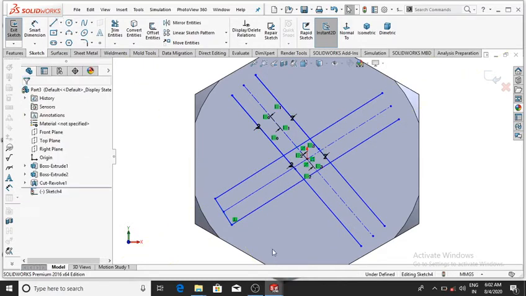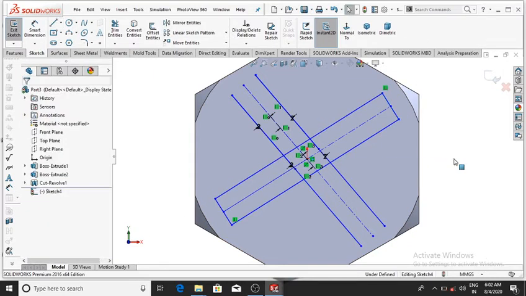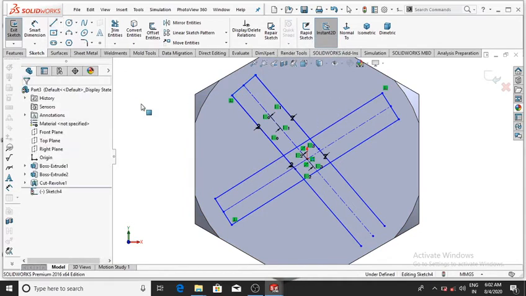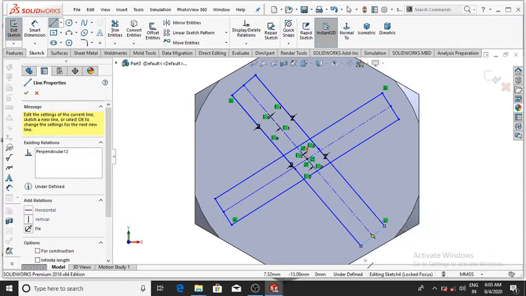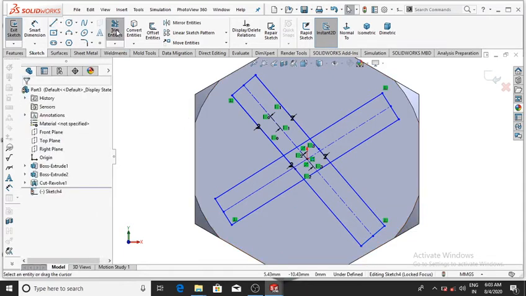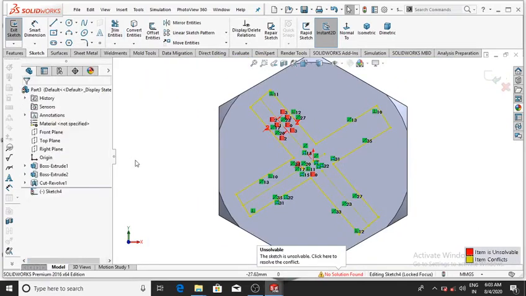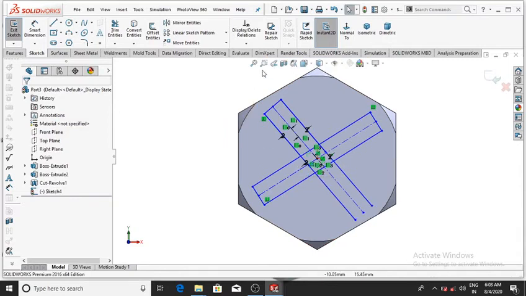And again go to the line and select the line and make the line from this point to this point, and again select the line and make the line from this point up to this point, and again select the line and make the line from this point to this point, then OK, and go to the trim entities and select trim to up to this, and now select this and this, and then OK, and I think it is so.